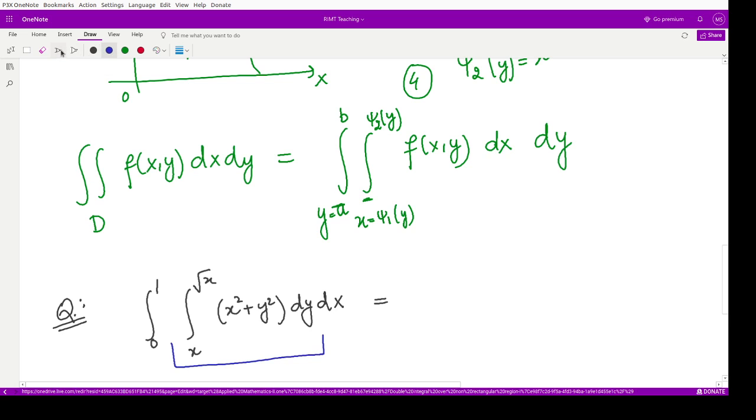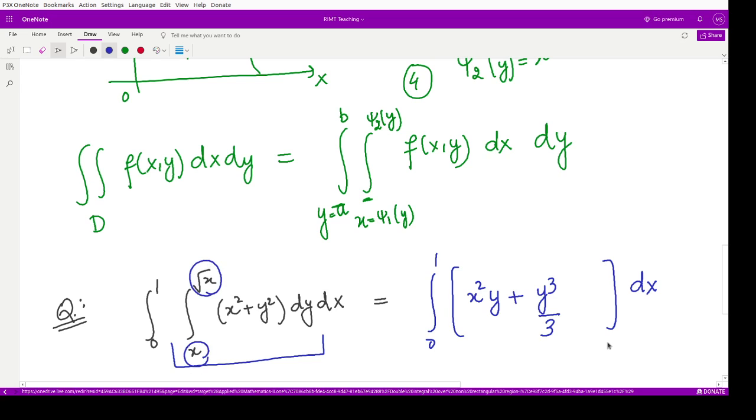That means you will first perform the integration with respect to y and keep x constant. So in this case 0 to 1 dx would come as such, and what is in between would be the integration of this particular thing. So integration of x square with respect to y. Now x square is constant, so x square, and the integration of 1 would be y. So x square y plus the integration of y square with respect to y would be y cube divided by 3, and here the limits vary from x to square root x. So that means you have to substitute the value of y as x and square root x.